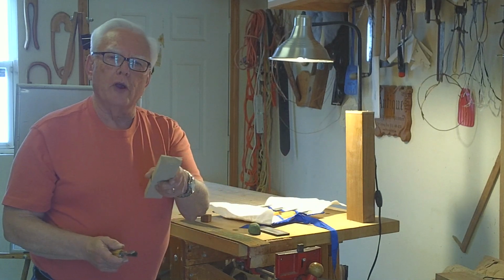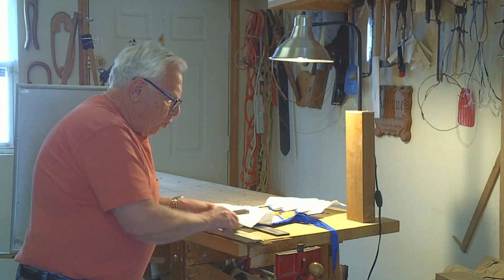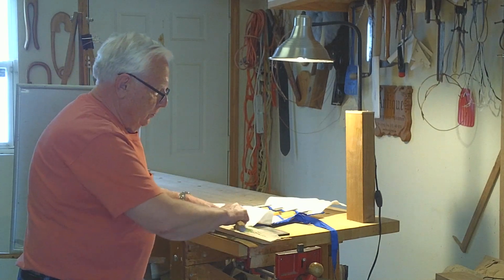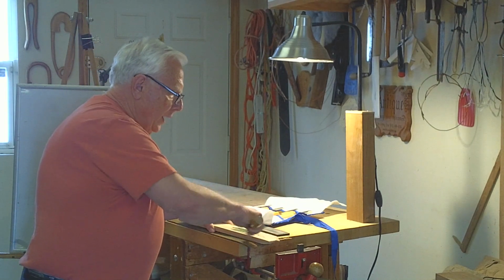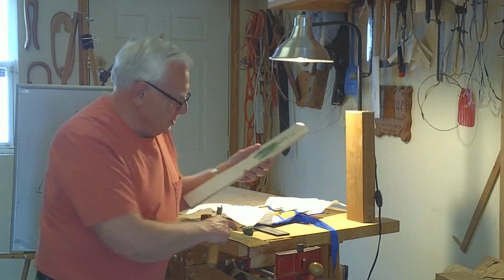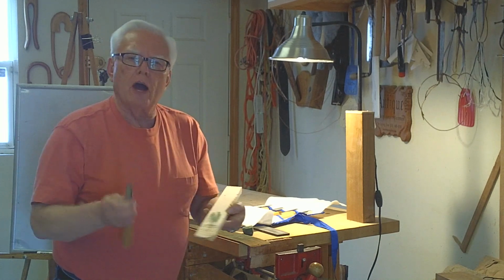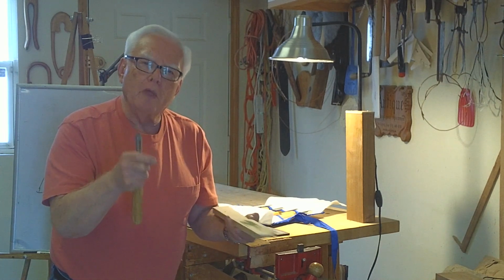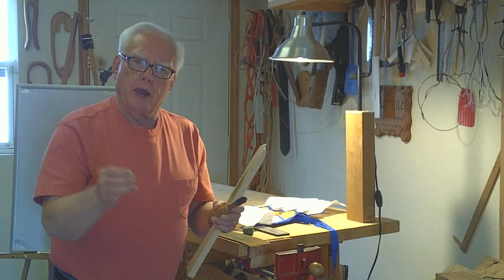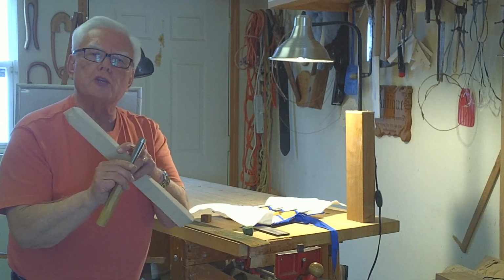Now, a piece of wood works very well as a strop also. This is like a crayon, I said, and you can just rub it on like that, and now that acts as a strop also. And the reason why I like wood is because there's no pillow action. It doesn't sink in like the leather. So the angle that you're holding as you're coming across on the strop is the exact angle that you're buffing at. I've got more videos on my YouTube channel about sharpening, but sharpening just takes practice. That is the foundation. You must have a razor sharp edge with no nicks on it for it to cut